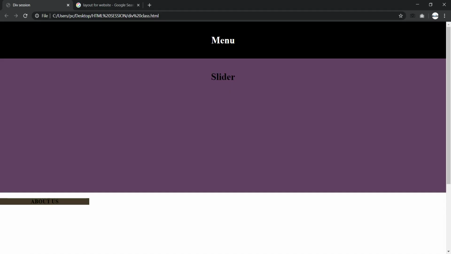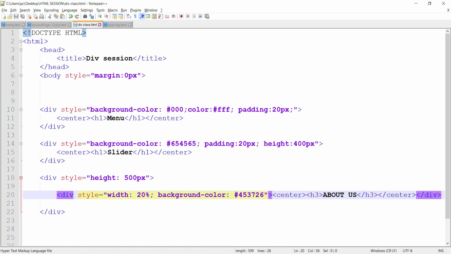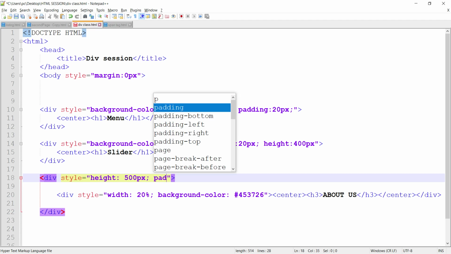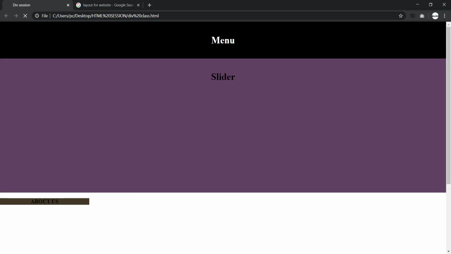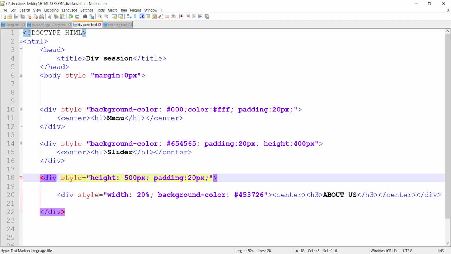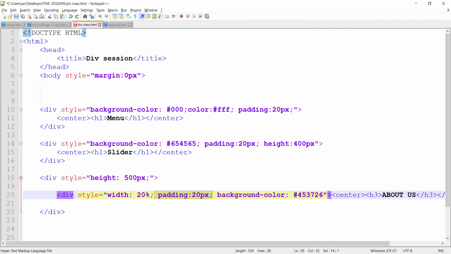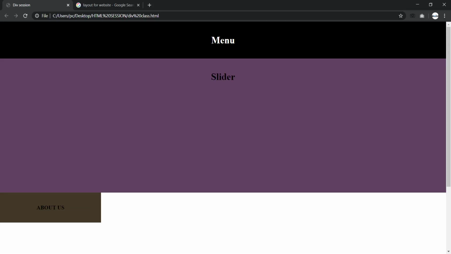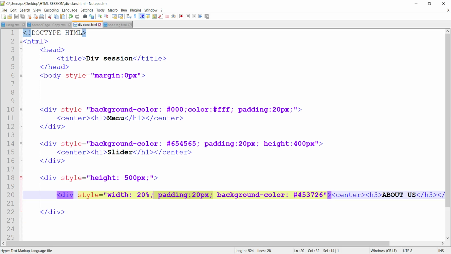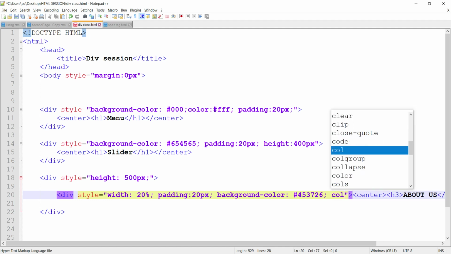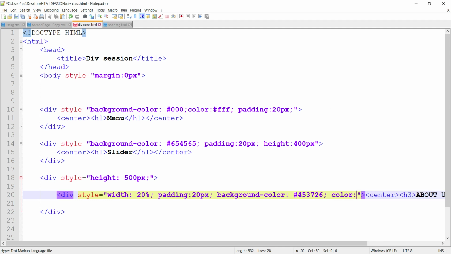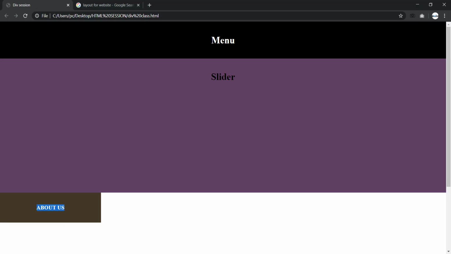Okay, 6. See, so here I have to give some padding also to the master so that the gap will be removed. It's not removed. Okay, I think I have to give it here. Okay, bingo. So the about us text color is black, so I need to color it white.